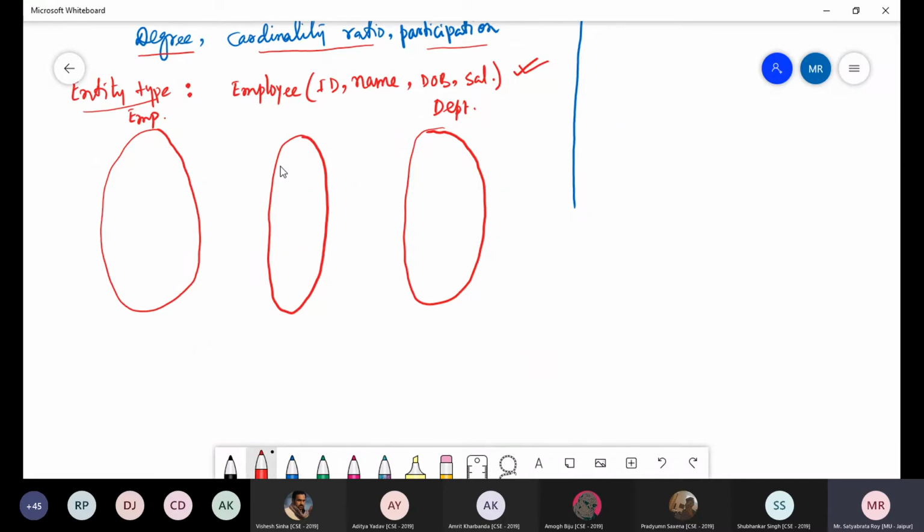Now you should give a meaningful name to this relationship type. So what can be the name of this relationship? Employee works for department. You can choose any name, but it should be meaningful. If I change the order, with department on the left and employee on the right, then the name may be department employs employee.